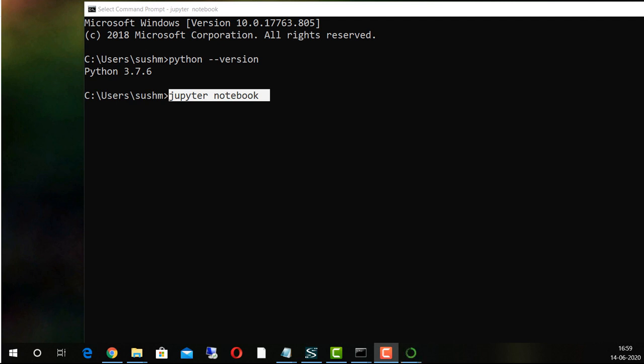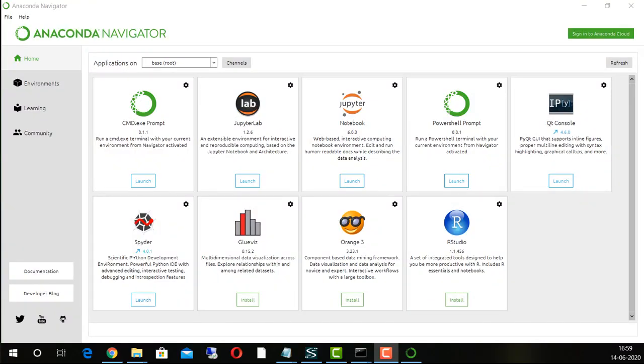Okay, so my portal is open, and it is on my other screen, so it will ask whether you would like to improve your Anaconda or not. You can click OK or anything, and don't show again. After that, this kind of portal will open. You can see on my screen, right? All these are different tools that we can use for writing Python programs, or doing any kind of analysis that we want. So first thing is, what is the difference between all these? We can learn that slowly, but our main priority will be Spyder and Jupyter notebook.